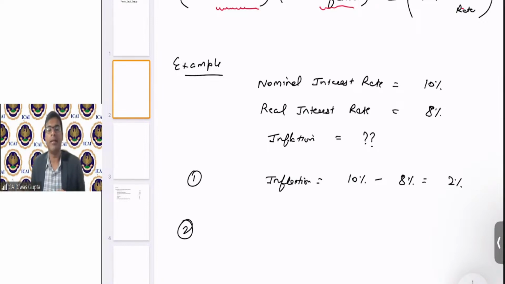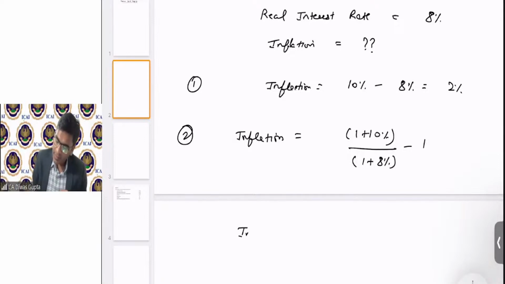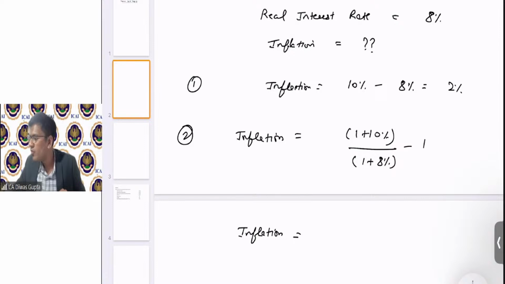Basis our second method, inflation will be 1 plus 10%, which is the nominal rate, divided by 1 plus 8%, which is the real rate, minus 1. In this case, the inflation, if we solve the above equation, will be what? Very good, Gurram, Venkat. This 2% is absolutely correct. So if we solve this, it comes as